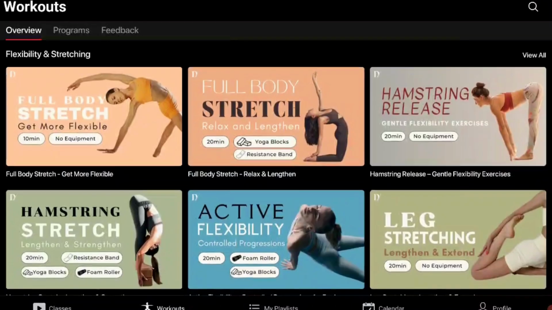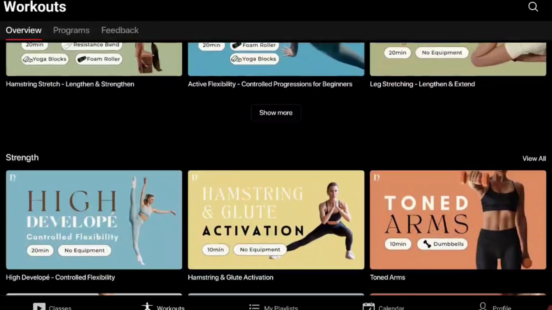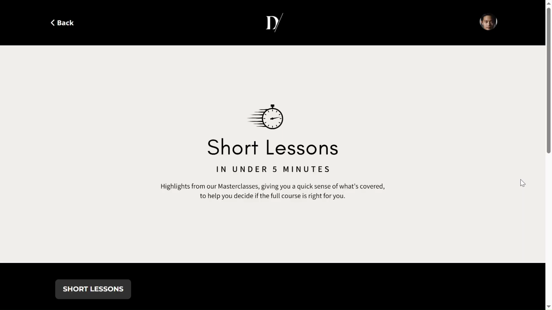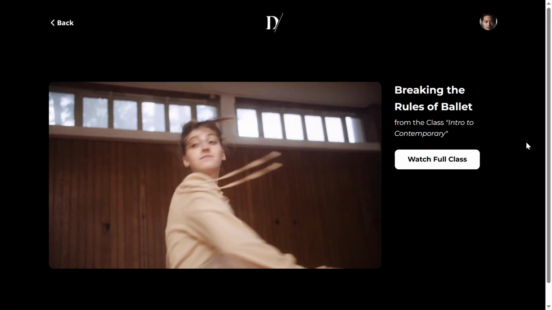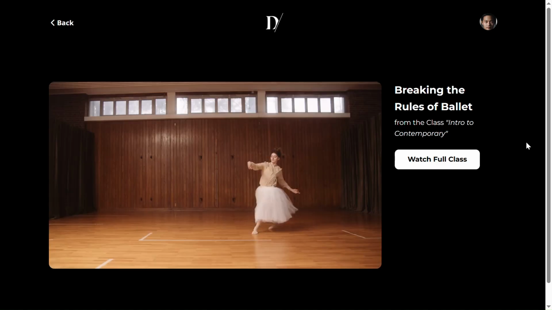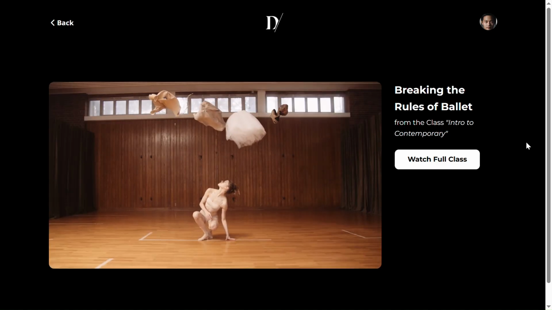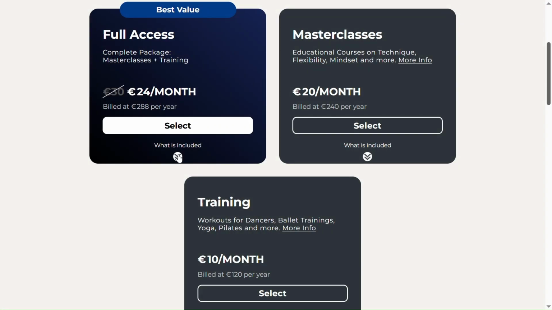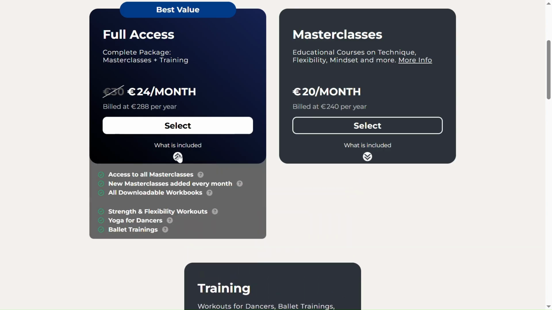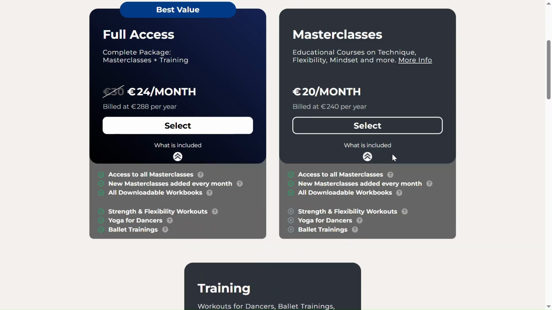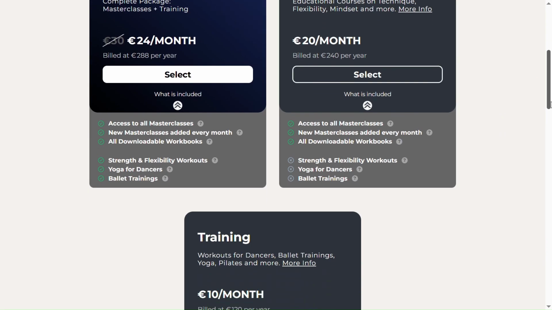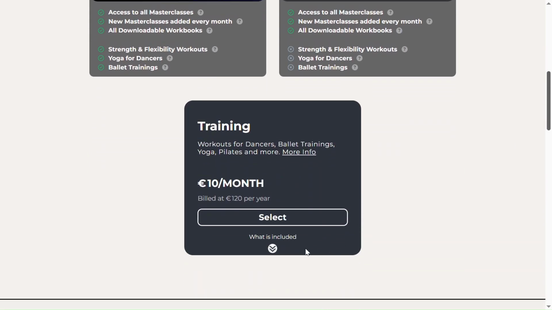The training plan is a top-notch addition to the menu, and so are the 5-minute classes that give you nice bite-sized excerpts from the main series. And to top it all off, pricing plans have remained simple despite the addition of a tier, making it convenient to know what exactly you need before beginning your journey.